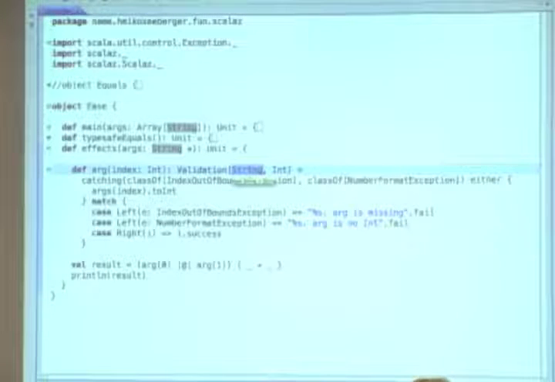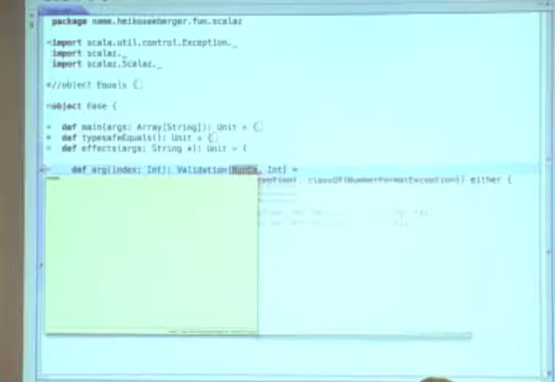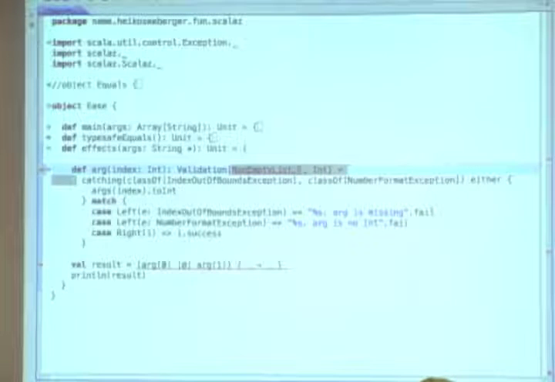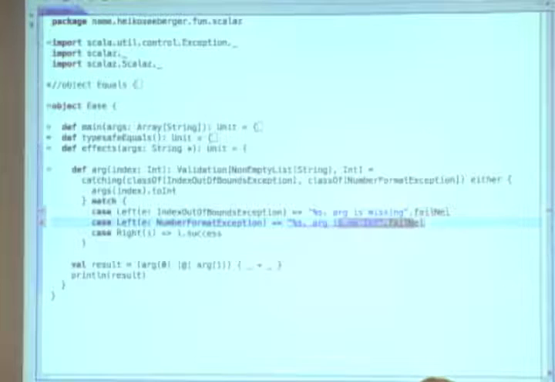So let's use something more meaningful, like a non-empty list of type string. And then, of course, we have to create non-empty lists from those error messages. And let me again fix what I forgot.